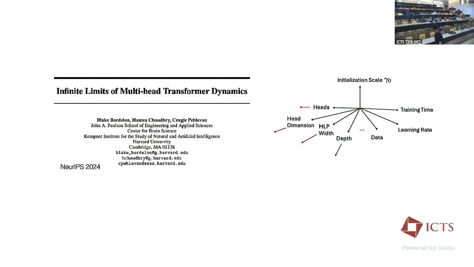Does it reveal something? Yeah, I mean, we do all of these simultaneously. So in these cases, width and depth and all go to infinity, so I cannot say anything about that. There's no way to fix one of them. You can certainly fix heads and head dimensions and scale those up. For example, yesterday I talked about how to scale width and depth. Correct, exactly. You can also do these scalings at the same time. I'm not sure if you fix these and do these, but that's also very doable. So you just keep these as architectures.